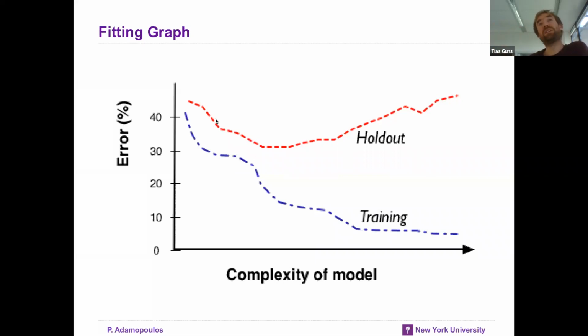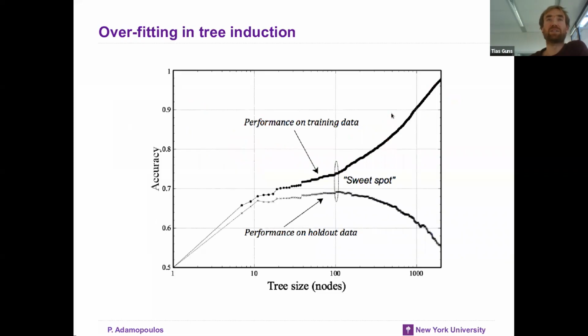But if you would then evaluate it on a holdout set, so a set that is not given to the machine learning method, you would observe that on this holdout set, accuracy is actually becoming worse and worse and worse because your method is overfitting. And so the sweet spot, it's a different visualization of the same curve. The sweet spot is really somewhere here, where on the training data, it's actually,